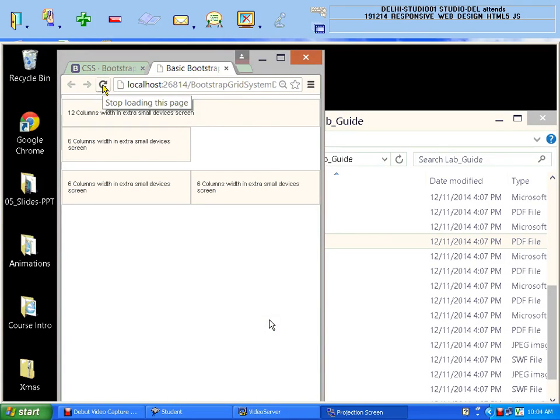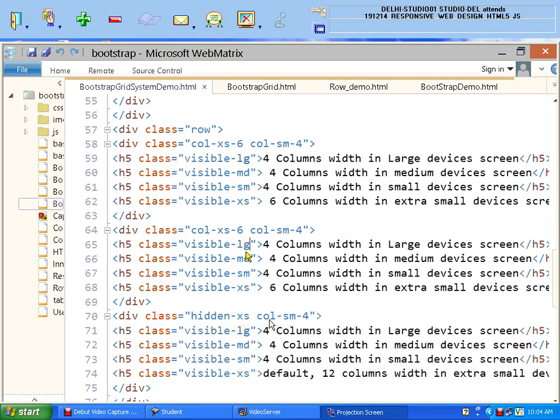Okay, so two utility classes I use here. The first utility class which I use is visible. This class will start to work at that time when you reach that particular device screen, and this class will hide that element when you reach that particular device screen. So it's not deleted, it's just hidden. Okay,